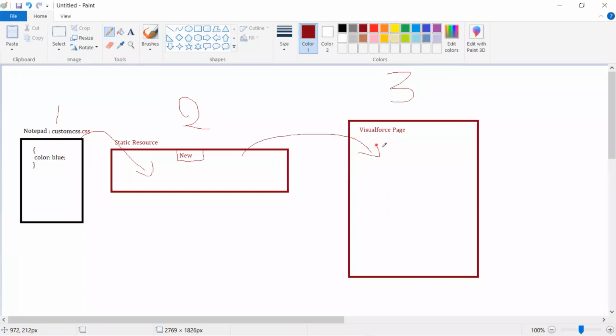If I reference this, what will happen? Automatically, the styles will be applied to this page. Whatever styles we have implemented in the CSS file will be applied to the page. Now, once we click on this preview,